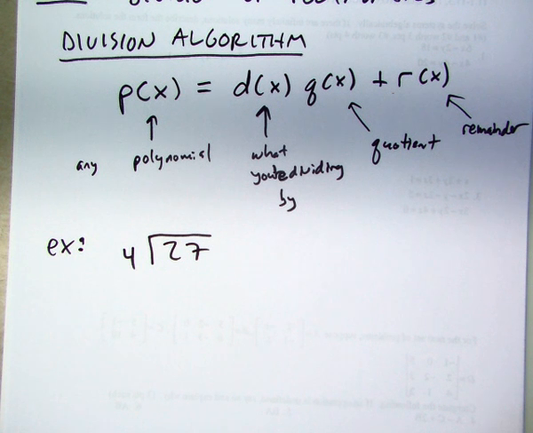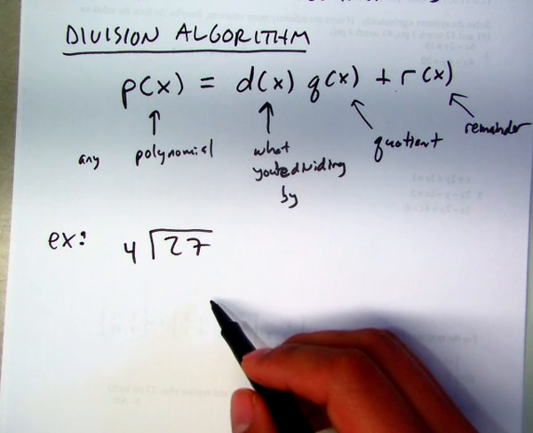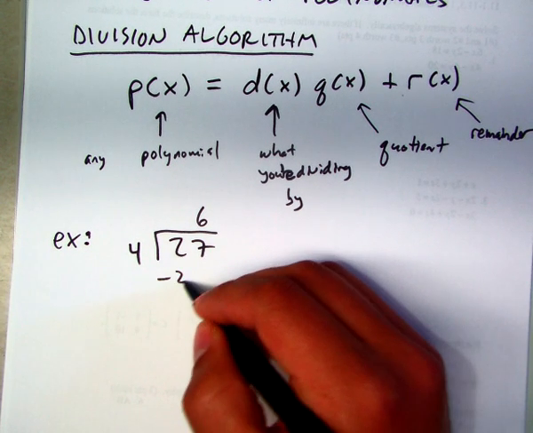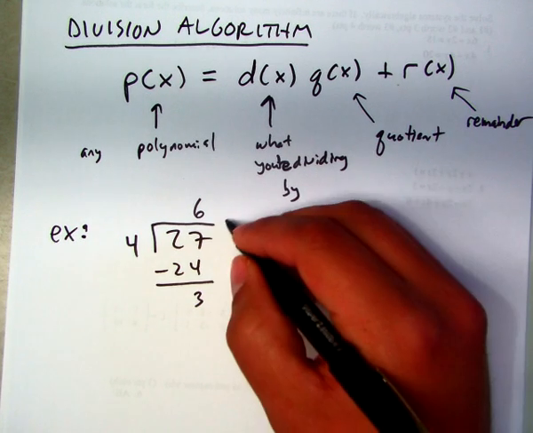4 goes into 27 how many times? 6 times. Subtract 24. What's the remainder? So according to the division algorithm,